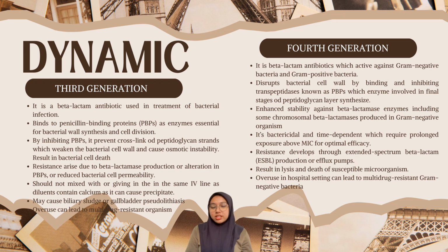Like ceftriaxone, cefepime is a beta-lactam antibiotic. However, it is active against both gram-positive and gram-negative bacteria. Cefepime works by binding to PBPs, disrupting bacterial cell wall synthesis during the final stage of peptidoglycan layer formation. One of its significant advantages is its enhanced stability against beta-lactamase enzymes, including some chromosomal beta-lactamases found